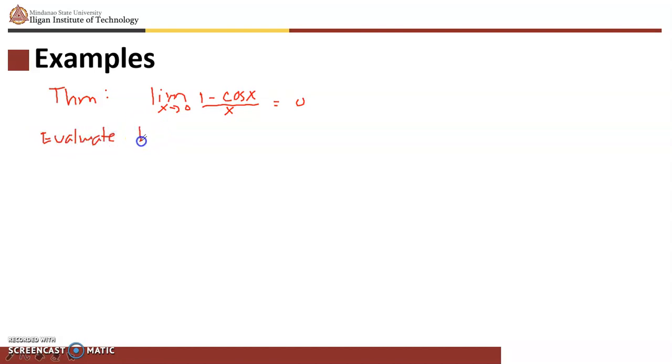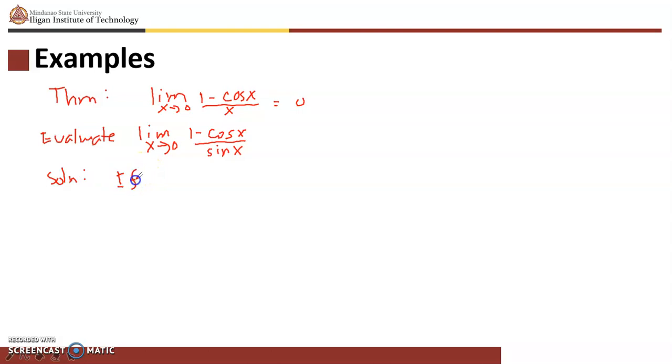the limit of 1 minus cosine x all over sine x as x approaches 0. So we're interested in trying to make use of this limit theorem. Notice that again, as long as x is not equal to 0,